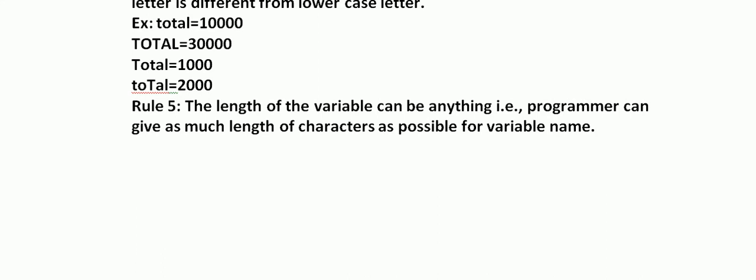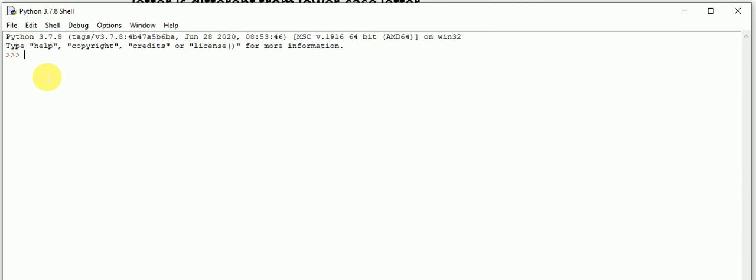For example, if I use a b something like this, any number of letters can be used in a single variable, so it is also a valid naming convention. Let's take an example. If I use some long name like this and give some value to this variable, it is valid.